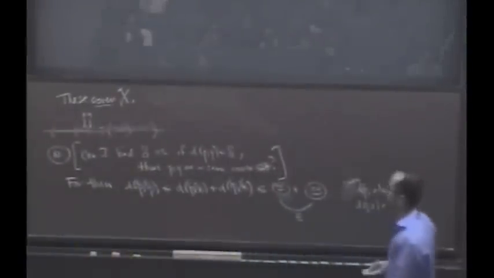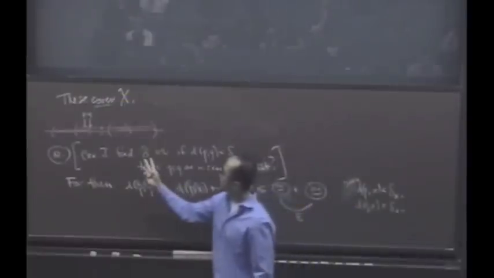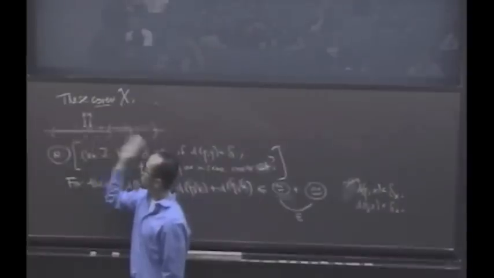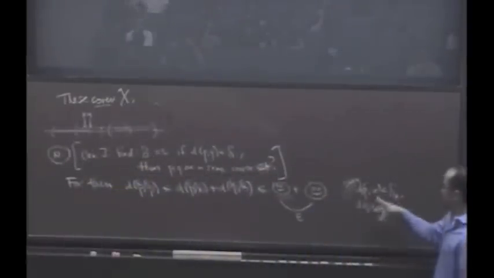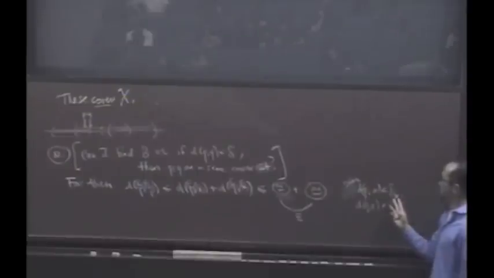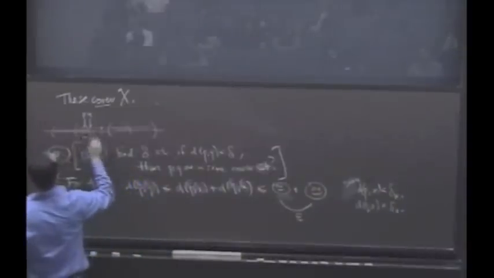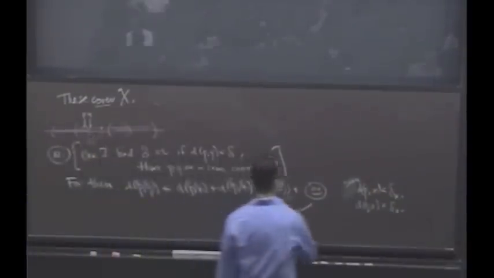So what do I have? I have the requisite bound. If I could find a delta that's small enough so that any time two things are within delta, they live in the same element of one of these covers, then certainly they're within delta x of each other, because that's what this cover is, right? This cover is a delta x ball, right?